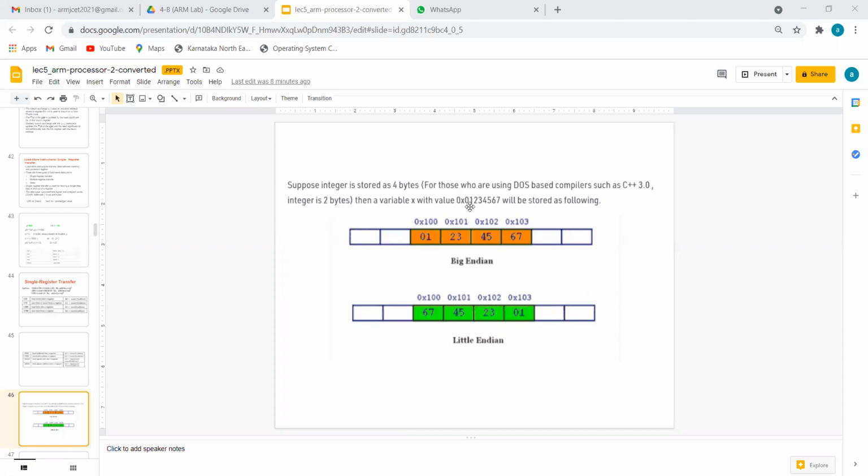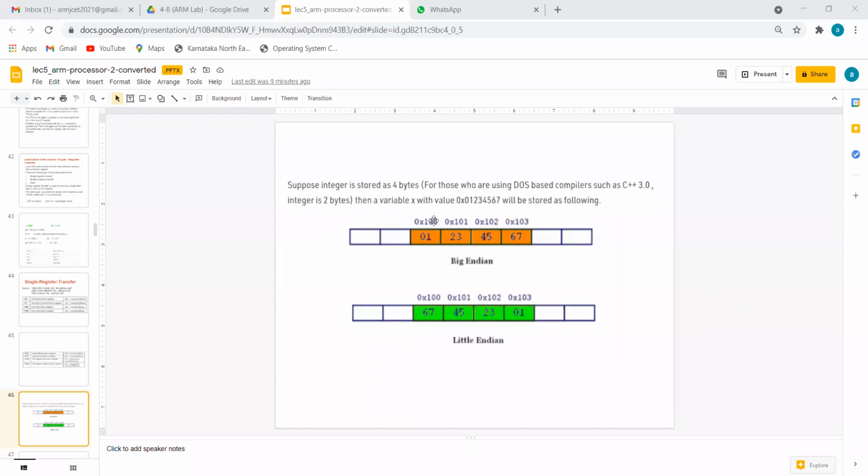See, there is a number, listen: 0 1 2 3 4 5 6 7. There are 4 locations: 100, 101, 102, 103. In this, please answer the question: which location number is small and which location number is big?